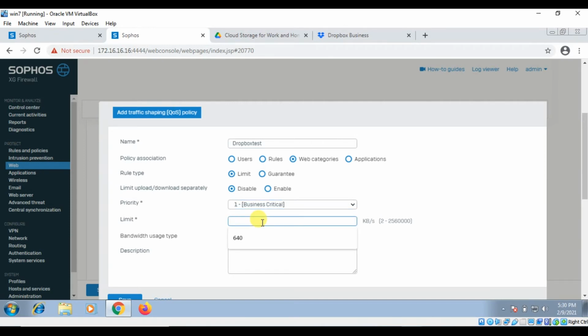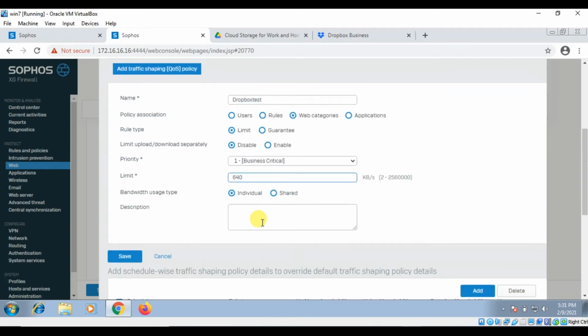If I want to create 5 Mbps, then I have to put in KB, like 640 KB: 1024 multiplied by 5 and divided by 8. We already discussed the same in our first video of traffic shaping, so I'm not going to explain it again. I request you to watch the previous video. I'm putting 640 KB and